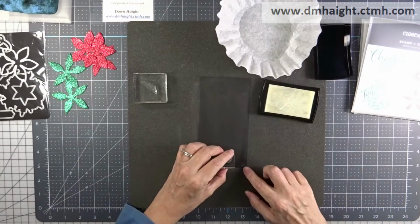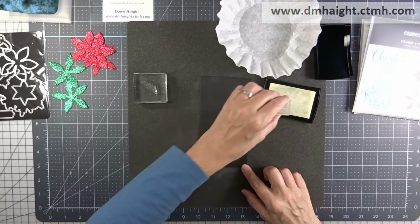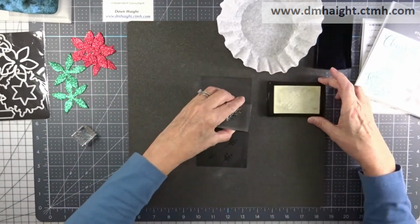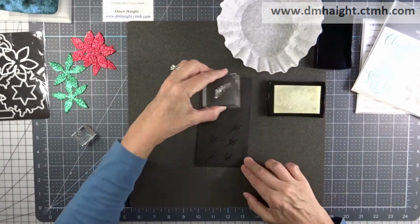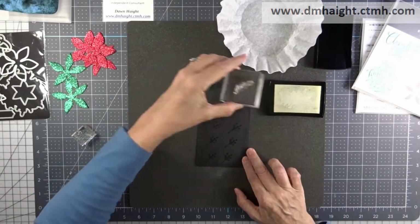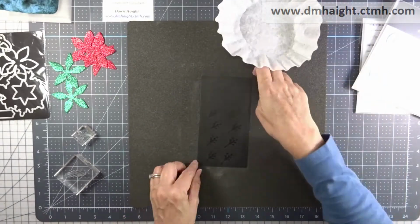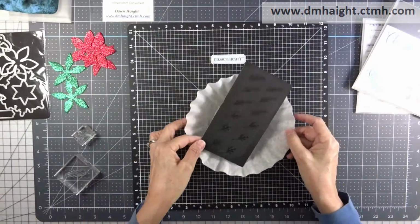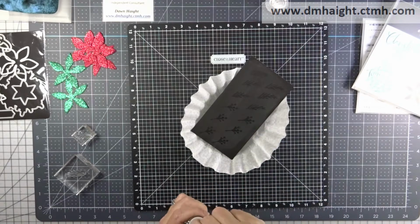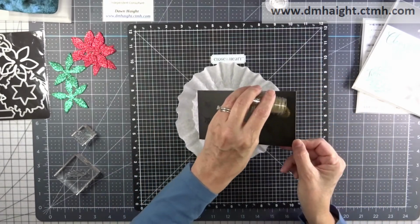So I'm going to do a whole bunch of these, just so I have them. I'm only going to use 3 of them on my card front, but when I emboss, I like to do a whole bunch of them just so that I have them for future cards. And I'm going to be making a whole bunch of cards using these images with the workshop that I've created. So I'm stamping everything in Versamark, and then I'm going to sprinkle gold embossing powder